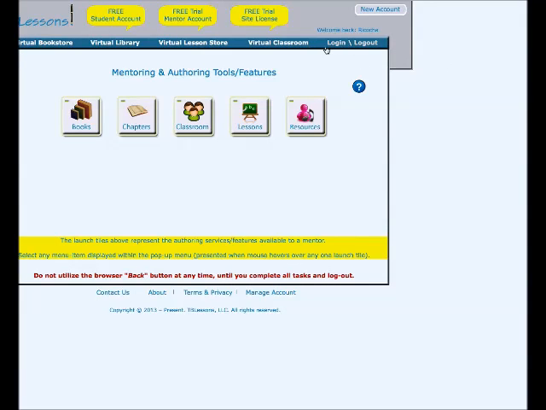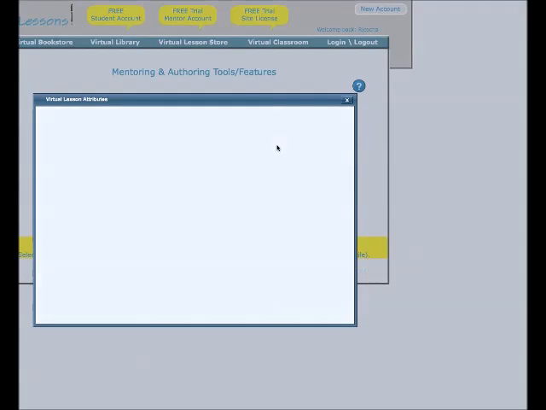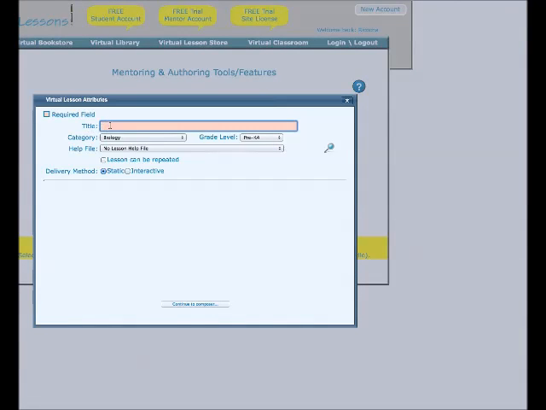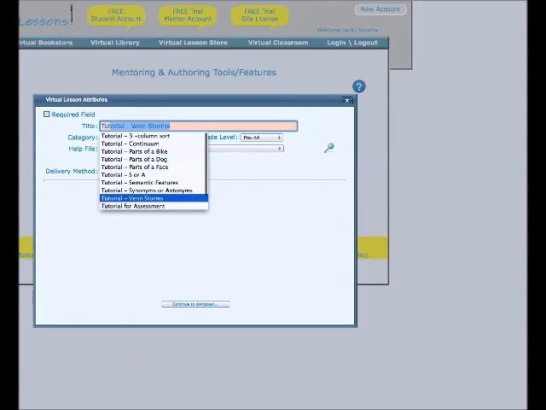After you log in, you'll come to your mentoring tools and features page, and you'll see your launch tiles. You go to the launch tile called Lessons, and the first choice is create a lesson. First thing they want to know is what title. So I'm going to put tutorial, and I'm going to put